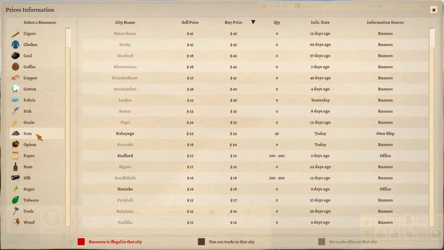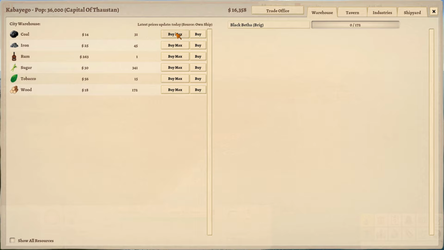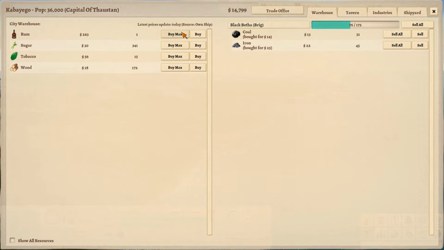I'm going to do it. You guys might think I'm crazy. I think I'm crazy. 69 days ago? Like, really? We're going to buy all the coal and iron here we can buy. Maybe it's even more. I mean, I don't know. So let's buy all the coal. Let's buy all the iron. We can buy even more if we want. I don't know if I want to. We can fill up on...